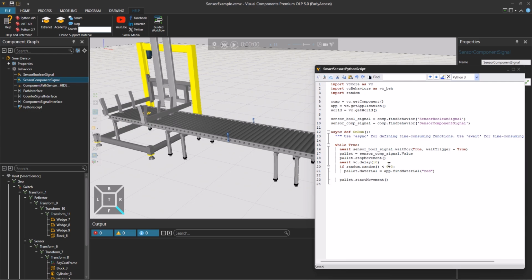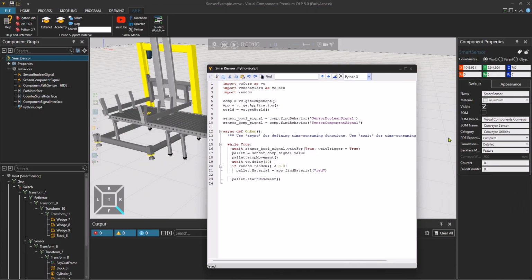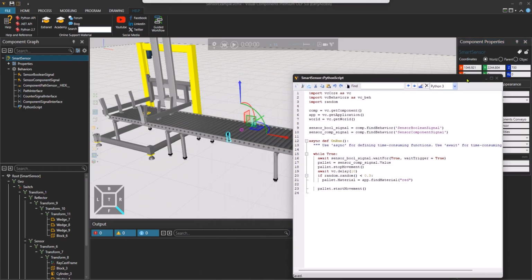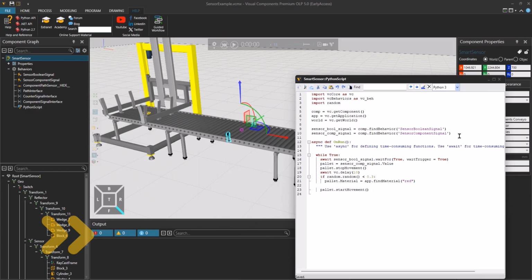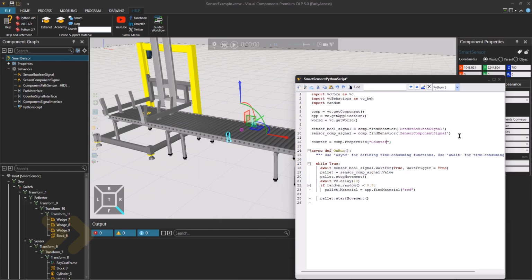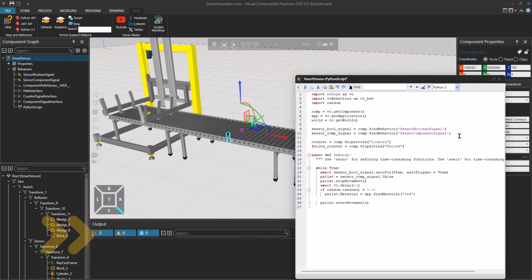Next step, let's add a counter to this sensor that counts how many products have passed the sensor and how many failed products we have. Properties are accessed like dictionaries.